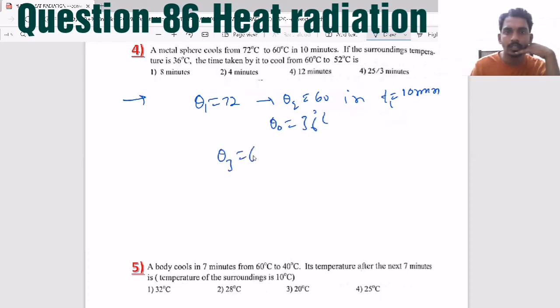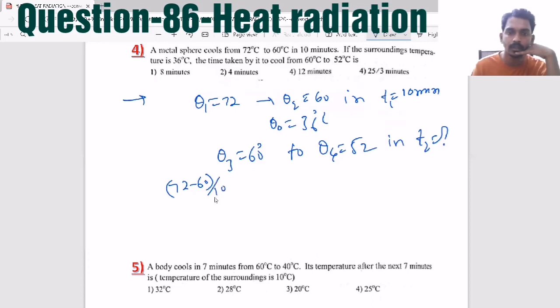Then they are asking theta 3 60 to theta 4 52 in time t2, how much? Then (theta 1 minus theta 2) 72 minus 60 by t1, by (theta 3 minus theta 4) 60 minus 52 by t2,